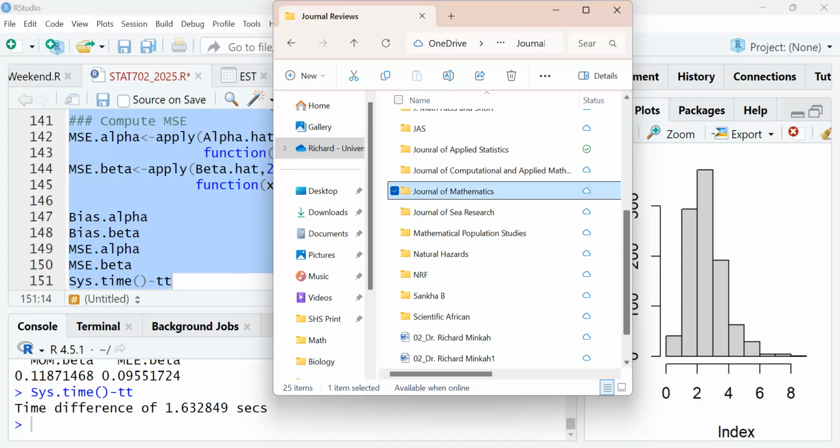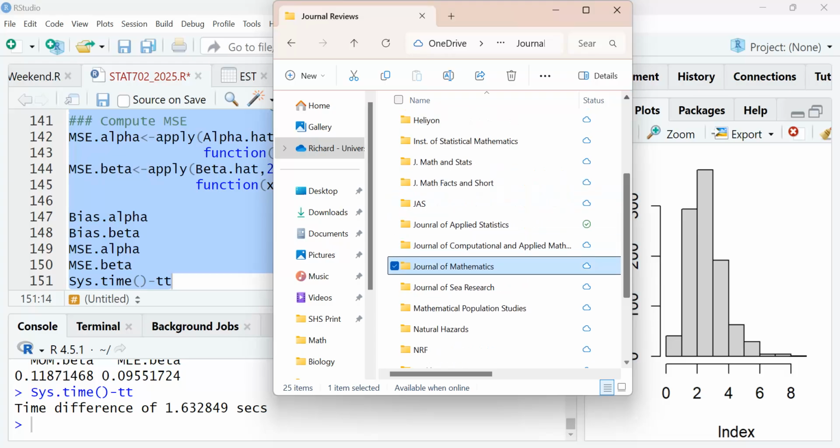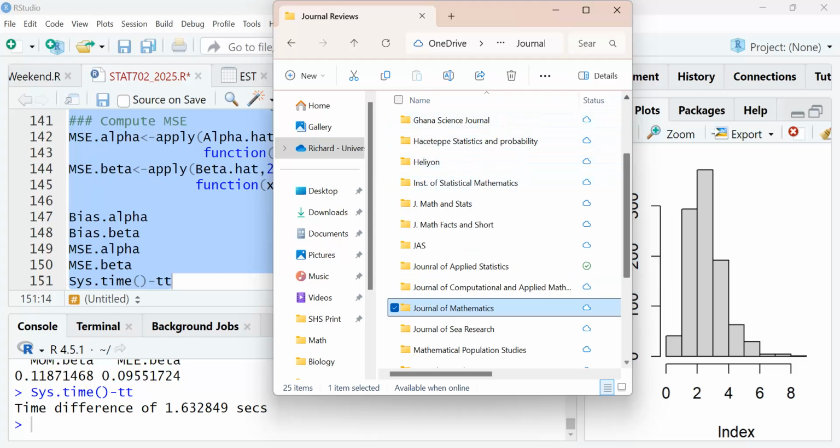In case you are ranking the journals, which one will be number one, number two? If you publish in JASA, Journal of the American Statistical Association, I think that's the top. Here in Africa, we have journals, but some are not very credible. That's why I said, if it's not this, I won't worry myself. You are not giving me money, so why would I waste my time on this?